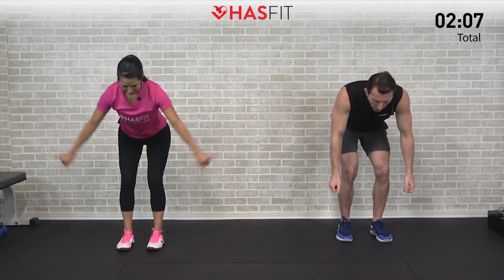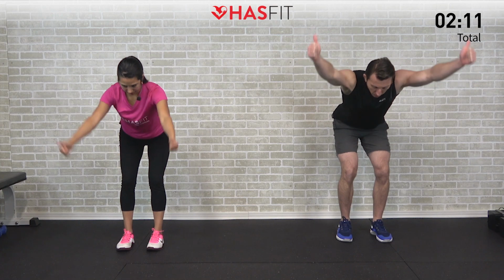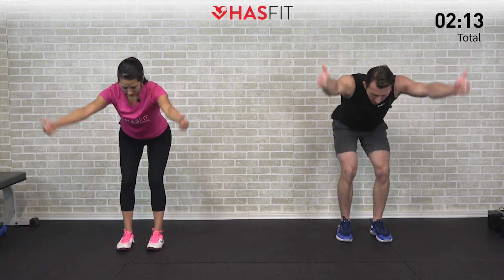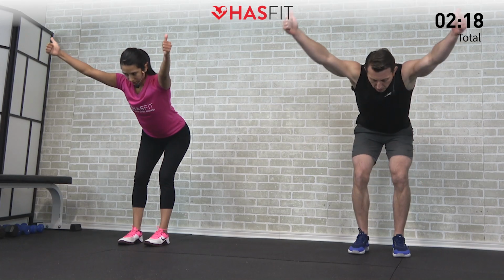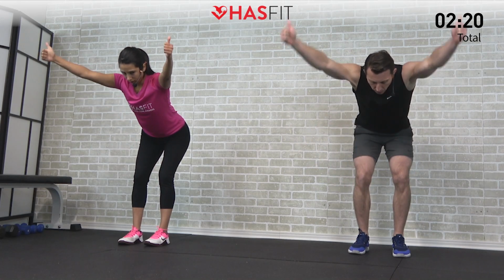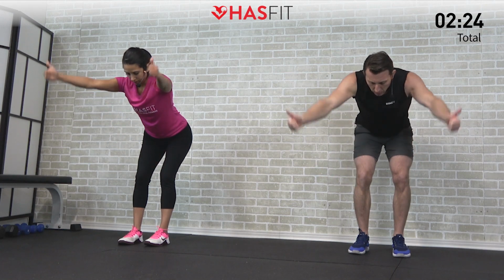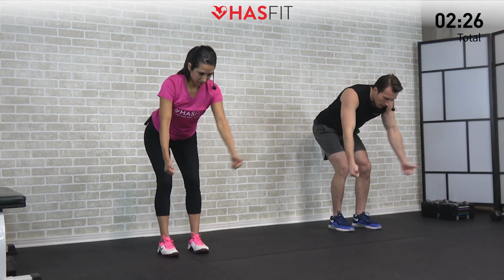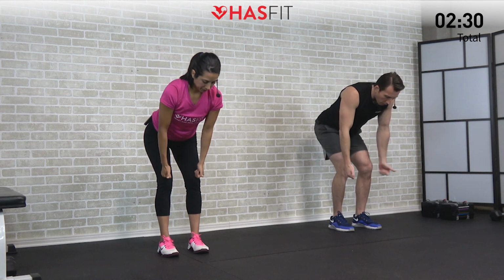Now let's move into a bent over Y. So we're gonna bring those thumbs up now and bringing the arms up and out into a Y formation. So not straight up and not straight out to the side, but instead creating a Y formation. Nice controlled pace here. And as we're going through this, hopefully your mobility is improving from rep to rep as